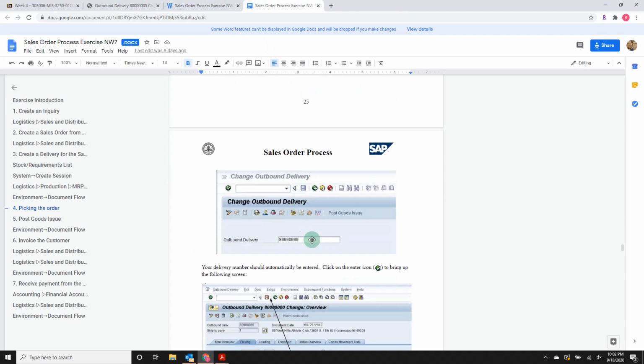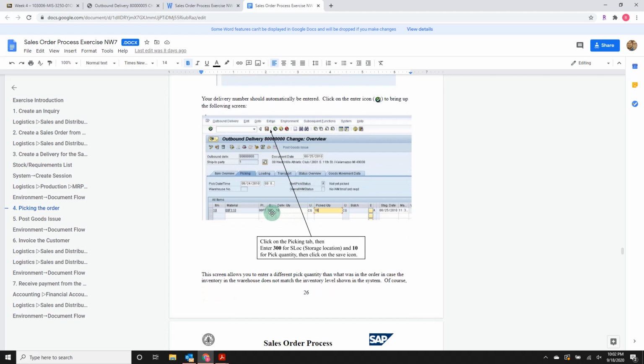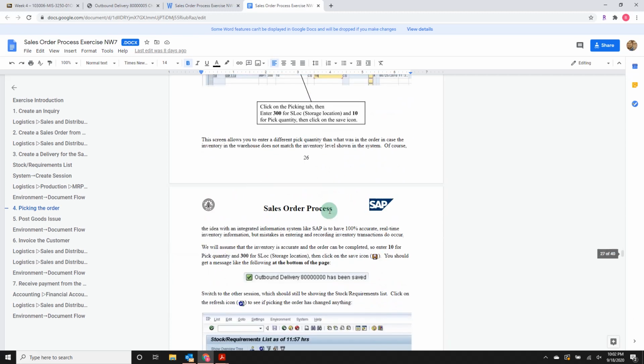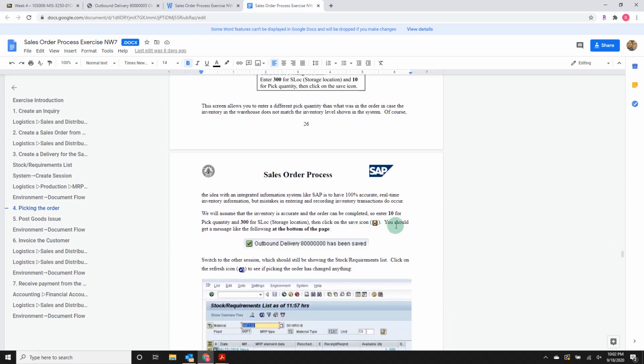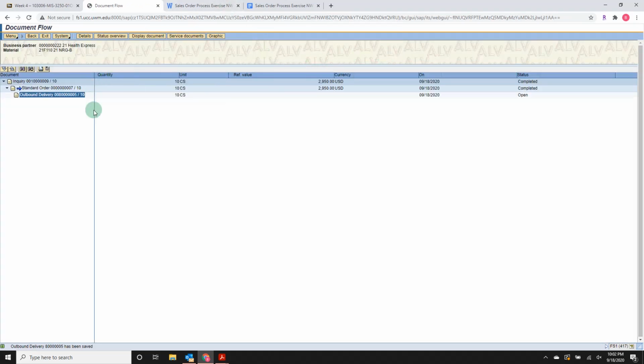It takes us all the way through all this outbound delivery and all that stuff. And there's our storage location, deliver quantity, pick quantity, and that's what we had to add. Okay. And then you save, and it says outbound delivery has been saved. So if I save, outbound delivery has been saved. Okay. So now there's my document flow showing that this is